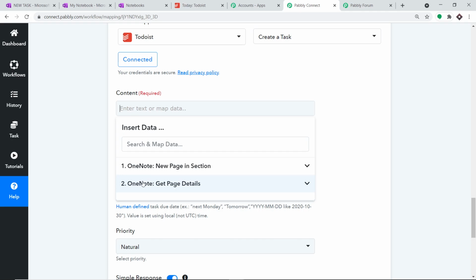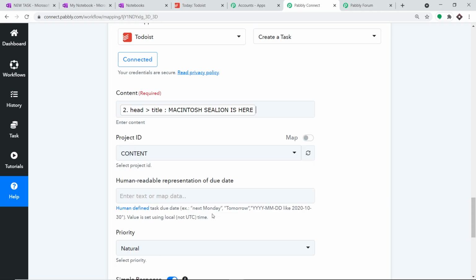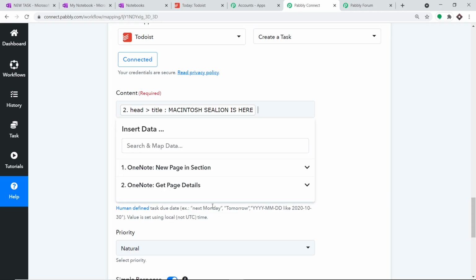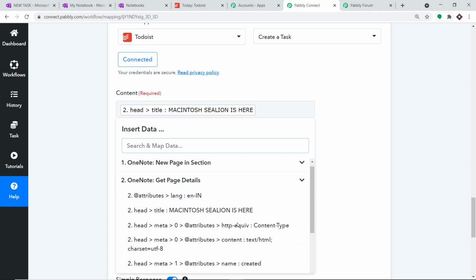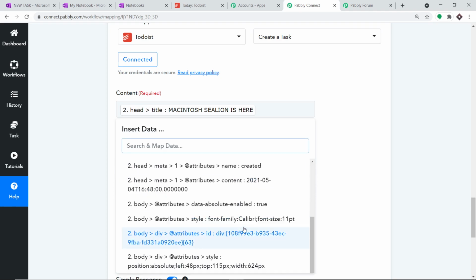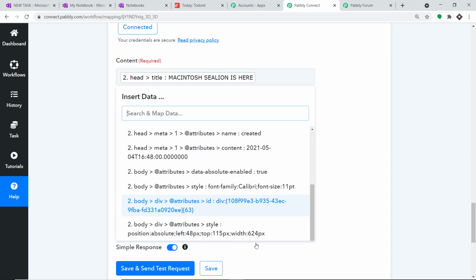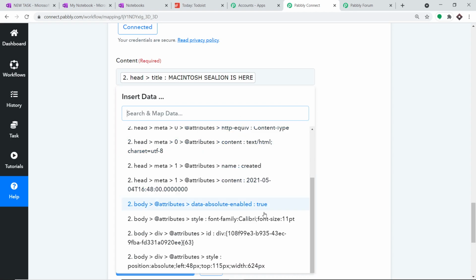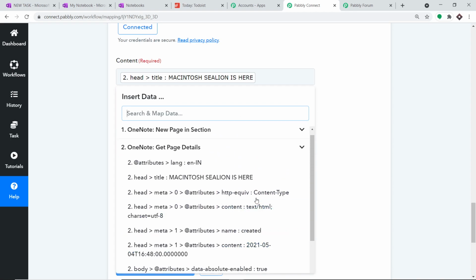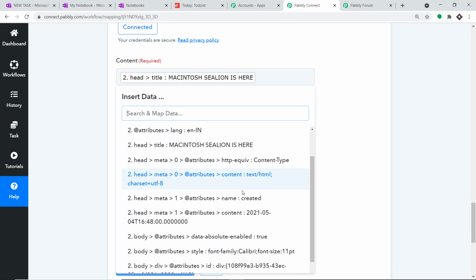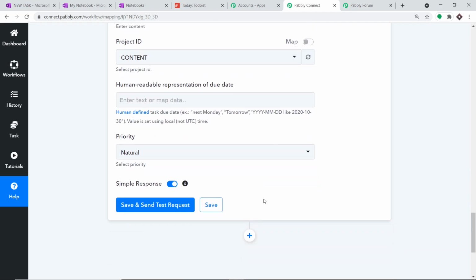We are going with the second accordion and we are going to enter the title, give a space, and after that we are going to enter the detail. So basically this is our content. Where is our content? Okay, let me just explore this. So the content was the page detail we have. Let me just scroll down even more.